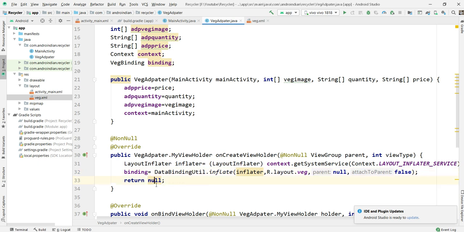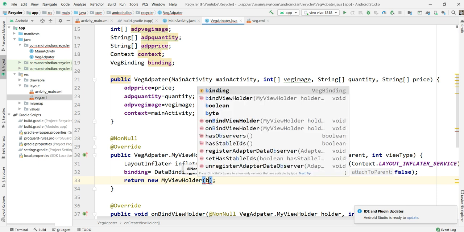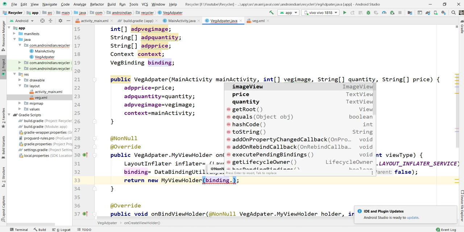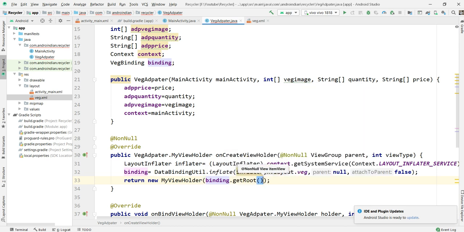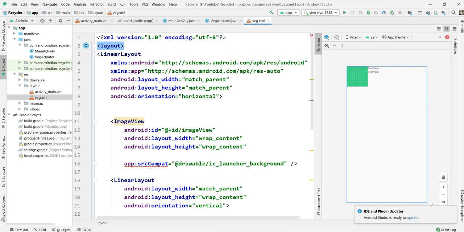Once given this, here we can give the return type as new MyViewHolder. Whatever view it is creating, we pass directly into the MyViewHolder class, so that MyViewHolder can get the data and give the root element. This XML root we are sending directly to this.